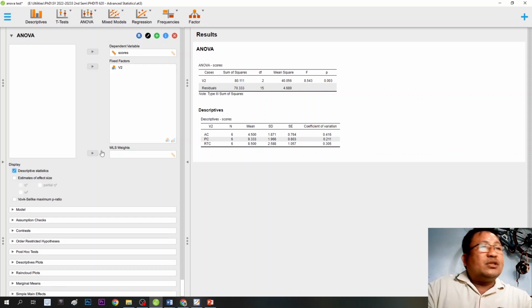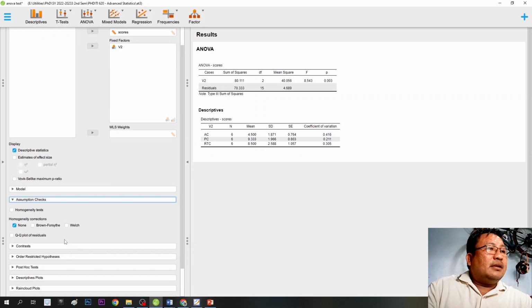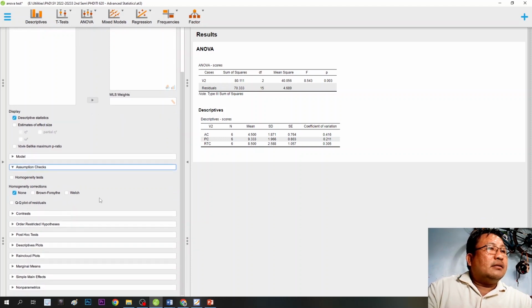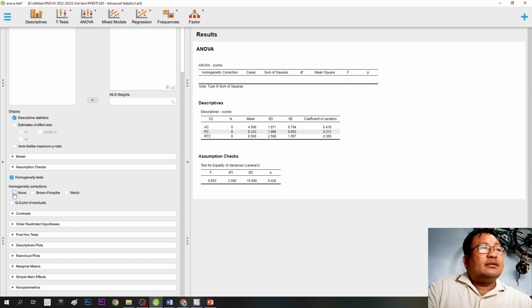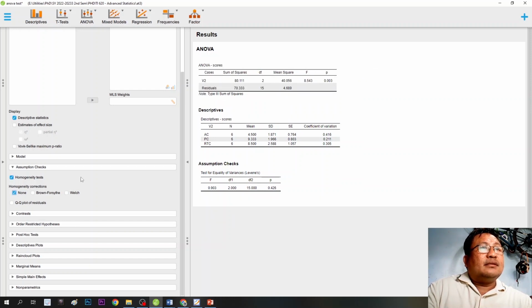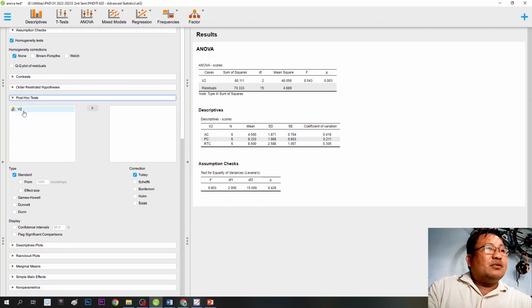And we will also add some assumption checks like the homogeneity, and also the post hoc test. So we will add the post hoc test